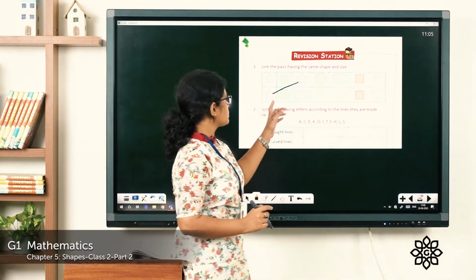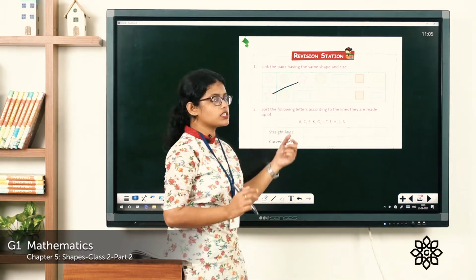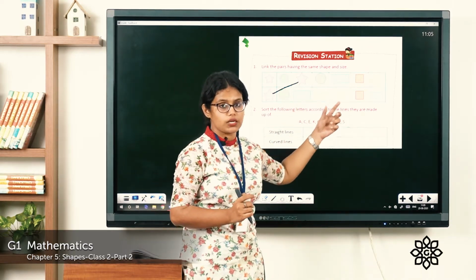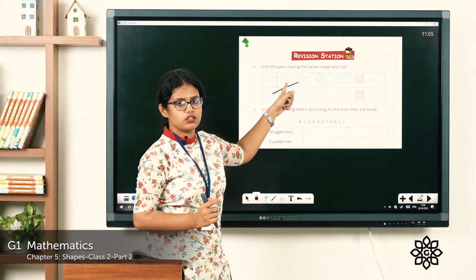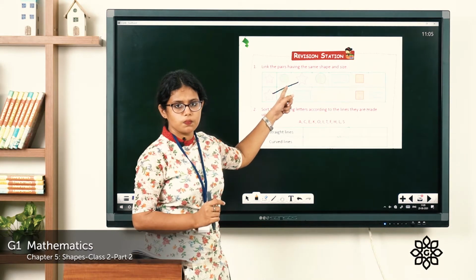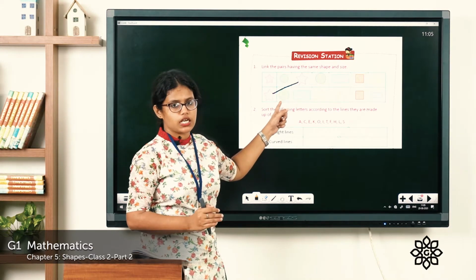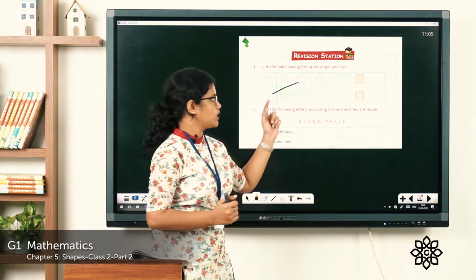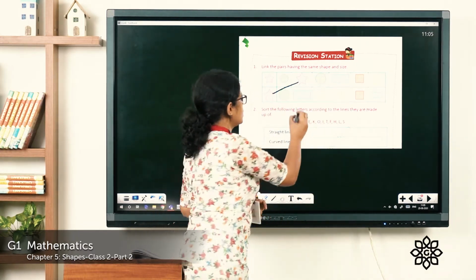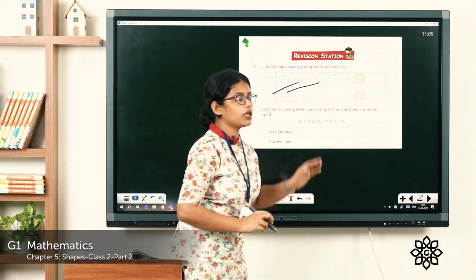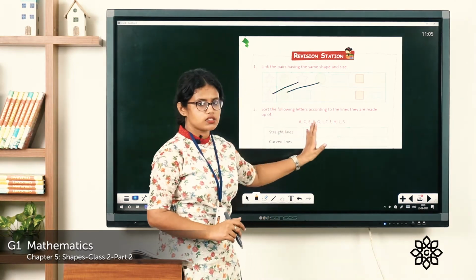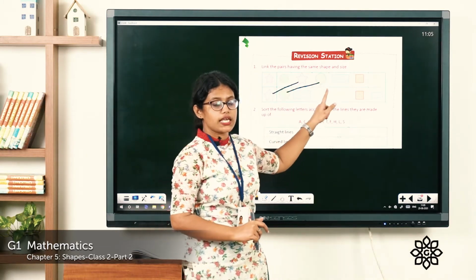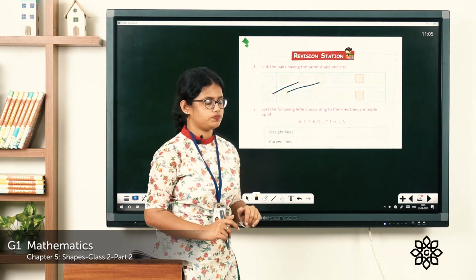Okay. And what about this circle? Are they of the same size? You have to find a pair of the same size and shape. What about this circle? It is very small. So it is not of the same size. Let's look for another one. You can see another circle here. It is of the same size. So you can just join here. You can make a pair. Like that, for all other shapes, you have to find a pair of the same size and shape.